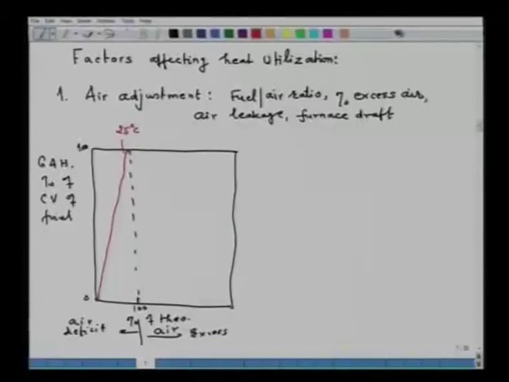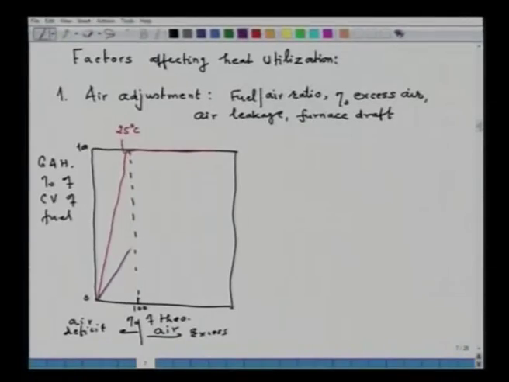Now, less than stoichiometric and more than stoichiometric. More than stoichiometric, this value will be constant, nothing will happen. Why does it increase before that? Because as you increase the amount of air, more and more fuel will be burned and less CO will be formed. At 100%, which is the stoichiometric amount, the fuel is completely burnt. Therefore, you will be getting the maximum amount of gross available heat.